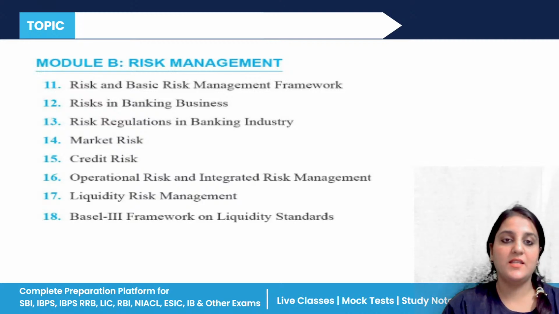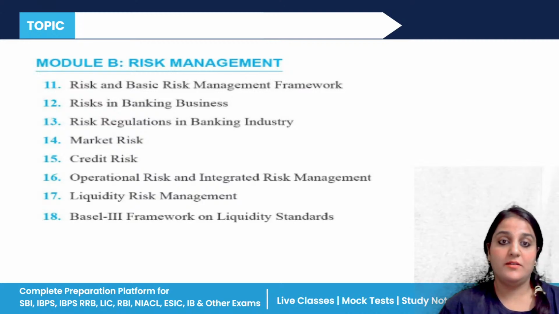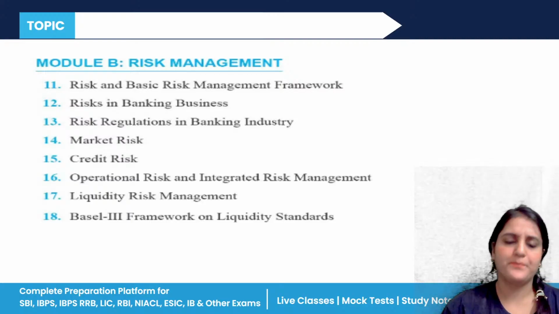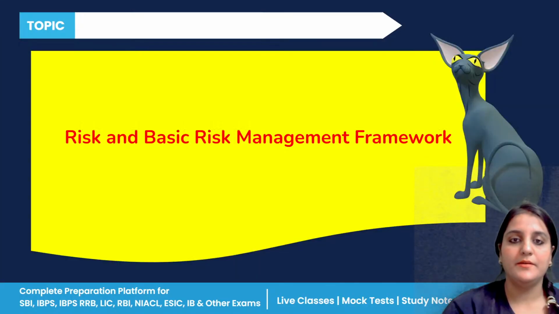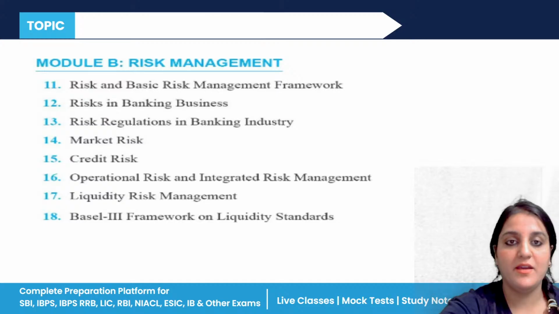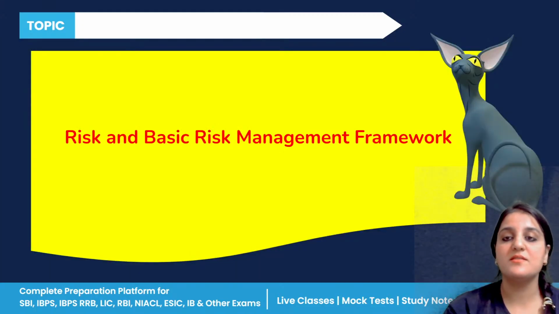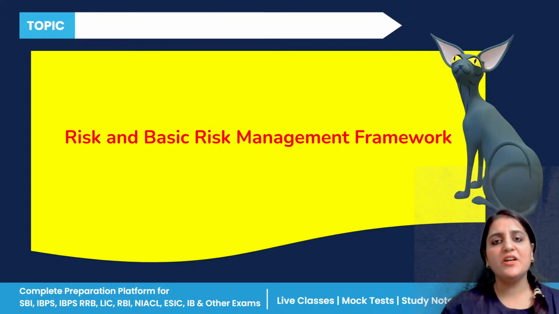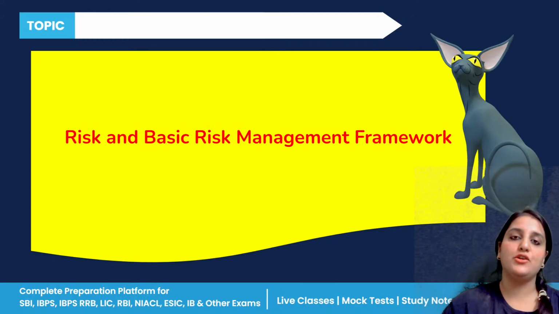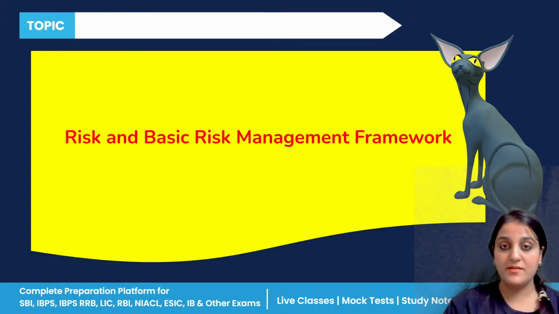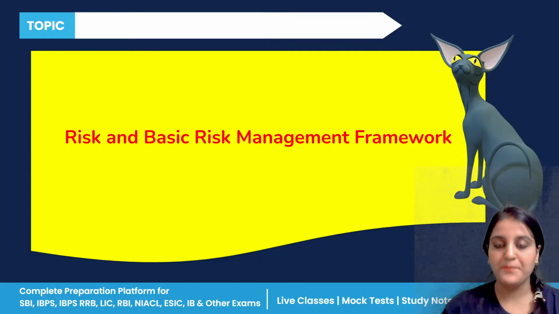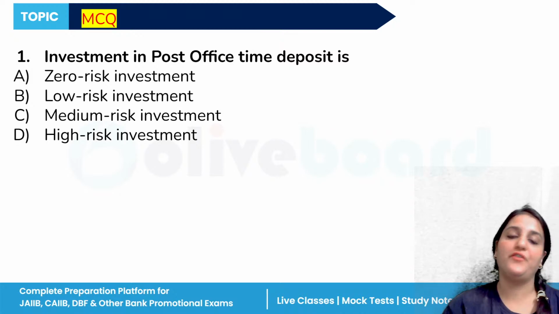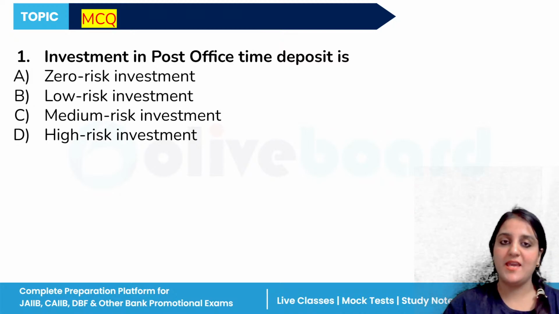Module B consists these units, and all these units are very important in module B. So first here the unit name is risk and basic risk management framework. We cover all the MCQs unit wise and then see the concepts behind these questions. So let's get started and see here our first question. So first question is saying